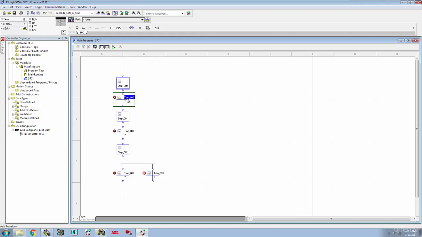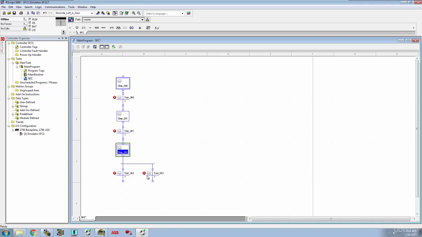Then something happens which is called a transition. And when that happens, I go from step 0 to step 1. And I stay in step 1 until my next transition occurs, and this condition becomes true